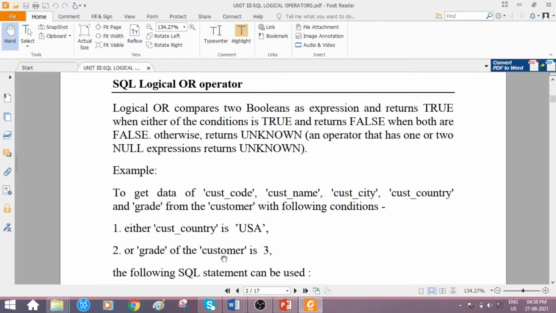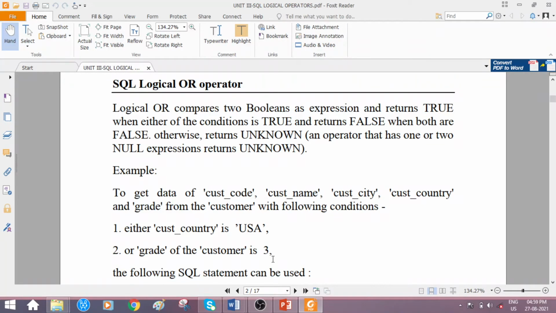We should display that particular customer detail. In case both the things match, the customer country is also USA and the grade of the customer is also 3, yes, both the conditions are true, so retrieve or display that customer information. Or else, if the customer country is not USA, and the customer grade is also not 3, something else is there, then we don't require that customer detail.